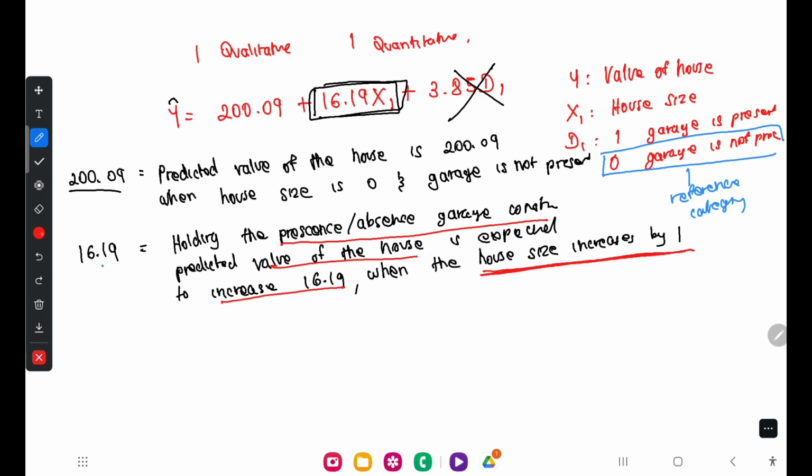Now you all can pause the video and try out explaining or interpreting the other one, 3.85. What does that basically mean? We have to hold the size of the house constant now. Holding the house size constant,